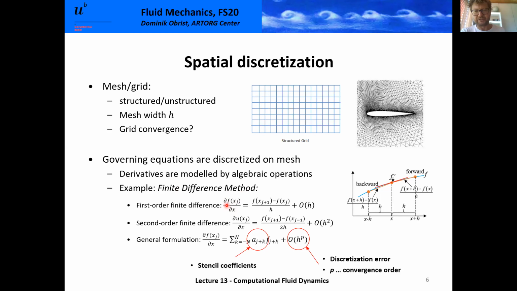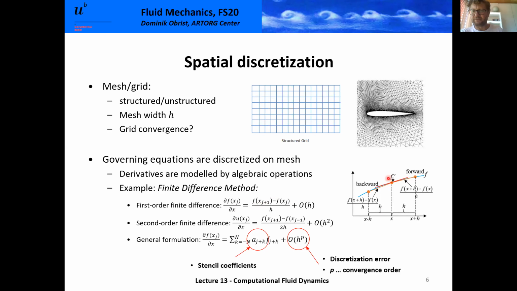So how can you discretize that? The easiest way is by this finite difference. So you take the value at the location xj plus 1. In this little scheme, this is the function f, and this is the point where you want to evaluate